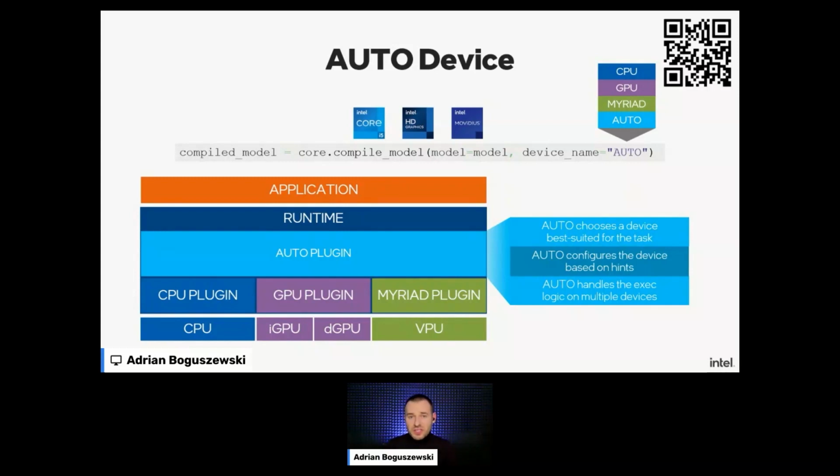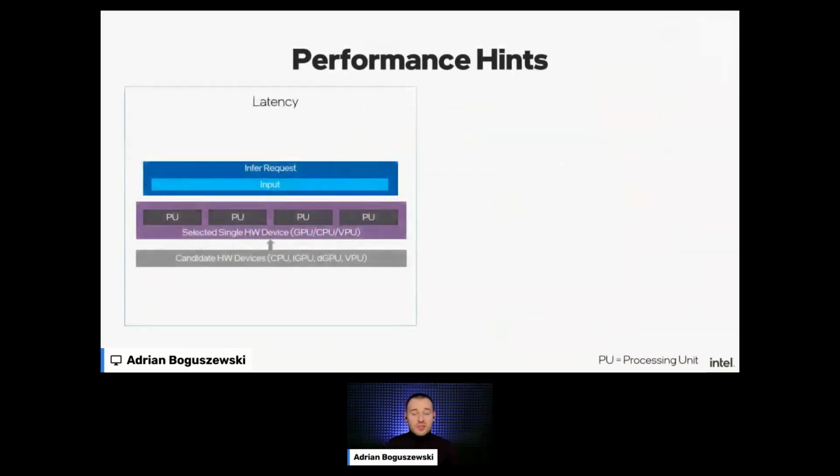And what about these performance hints I mentioned? Well, let's assume that you care about latency. In this case, Auto will select one device from the candidate hardware device list, for example, CPU or GPU, and will create a single stream to infer one by one, so you know that you have as low latency as possible. How to use it? During compilation, in the compile model function, you just need to provide an additional config, performance hint equals latency. If you care about throughput,